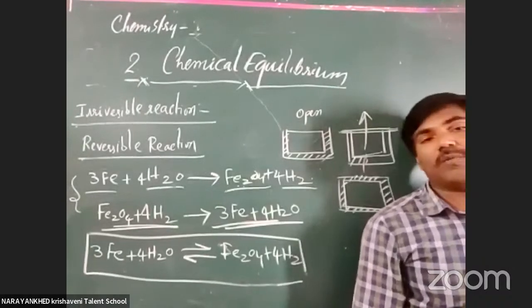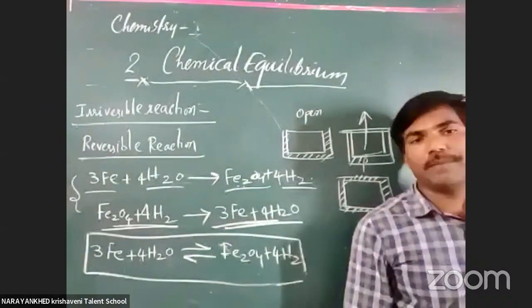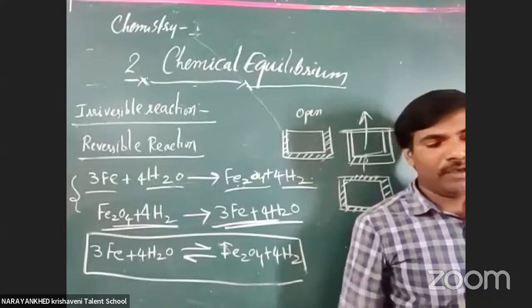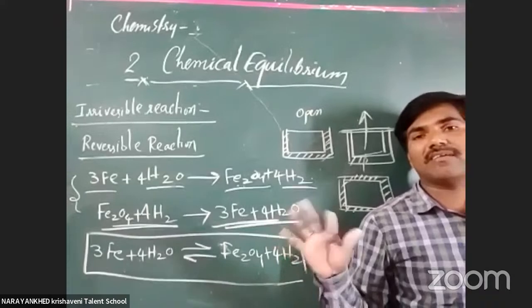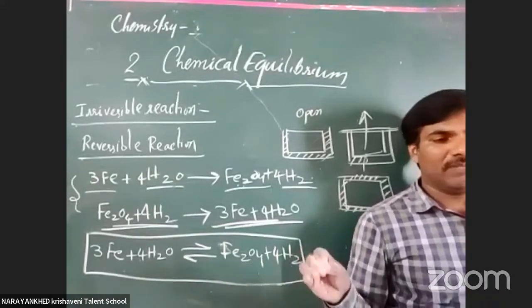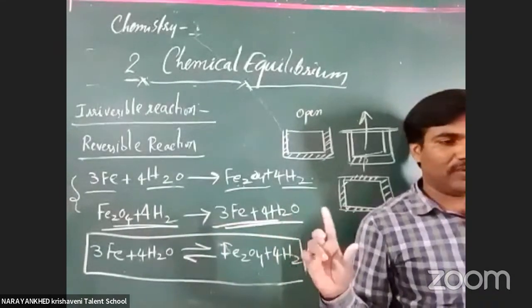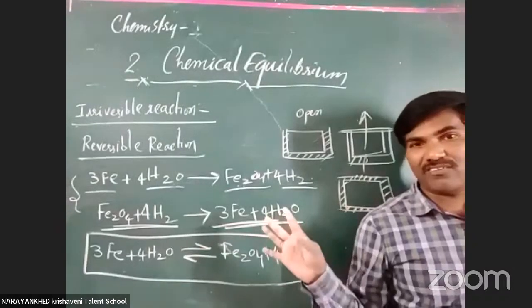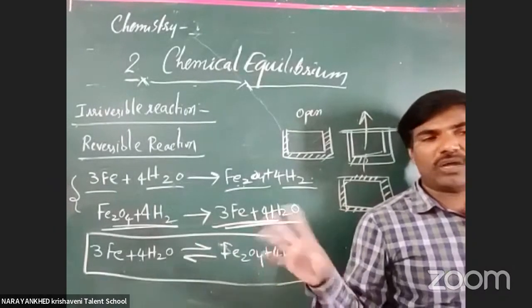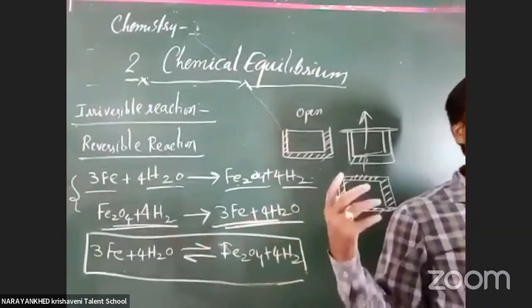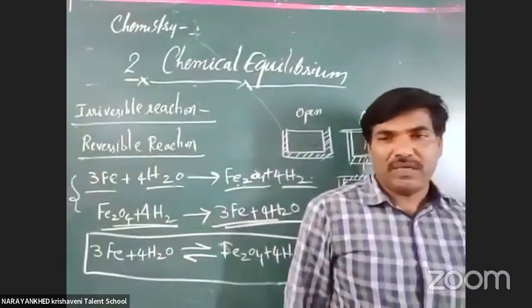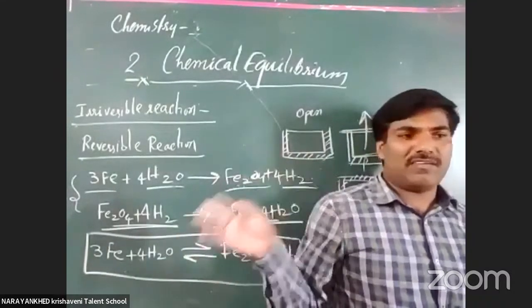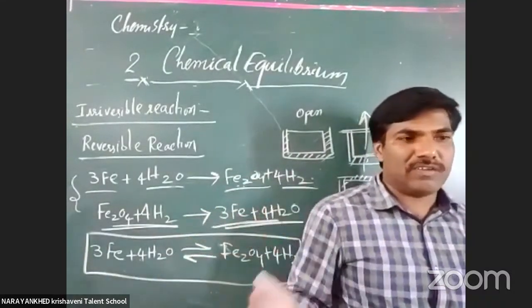Tomorrow we'll go into chemical equilibrium. What is chemical equilibrium? Sir, before coming to the class, you already discussed this type of thing. Mass conservation law: mass is neither created nor destroyed, so the mass of the universe remains constant. Energy conservation: energy is not created or destroyed, total energy remains constant.